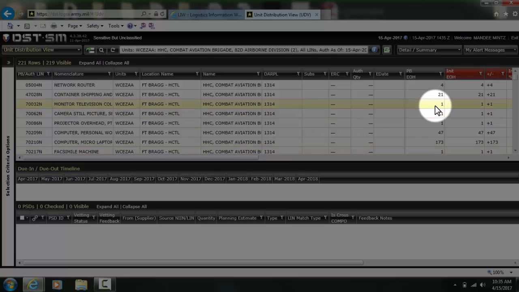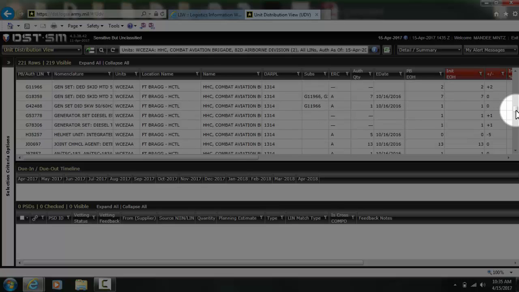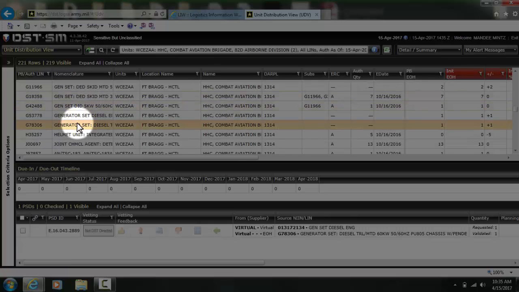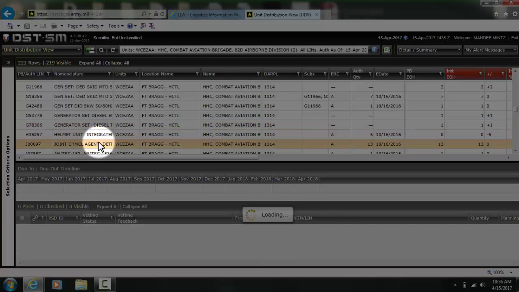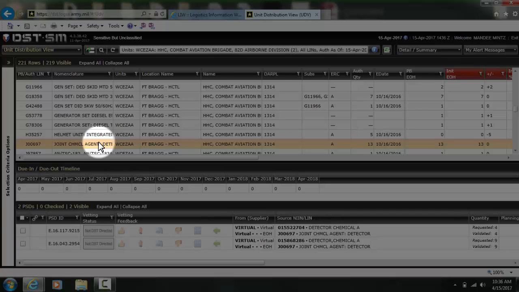So for instance, let's just take a look here at something in particular. Let's just select this generator. We can see that there's no equipment that is due in or due out, and there is currently nothing assigned. This is a not DST directed lateral transfer. So it's not an actual lateral transfer, it's something that's internal to the DST system, which is indicative of not DST directed. But if we had a piece of equipment, for instance, that was due in or due out,